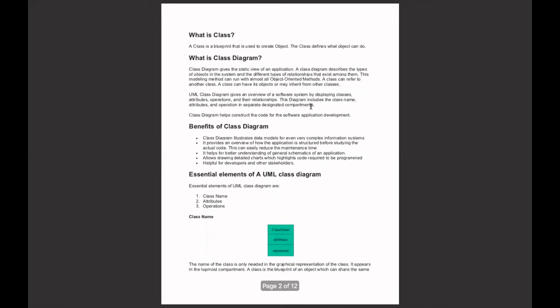Now moving to the class diagram. What is a class diagram? A class diagram gives the static view of an application. A class diagram describes the types of objects in the system and the different types of relationships that exist among them.